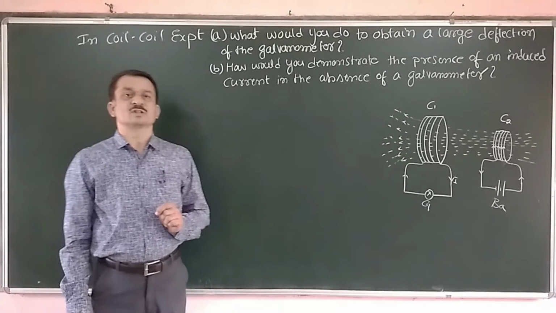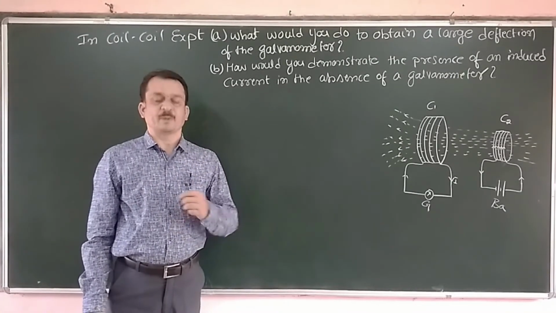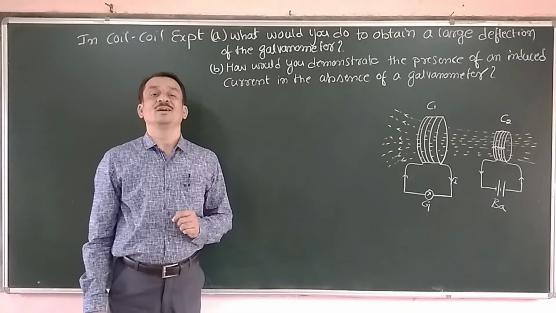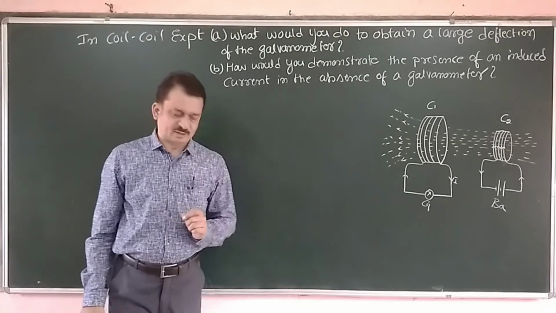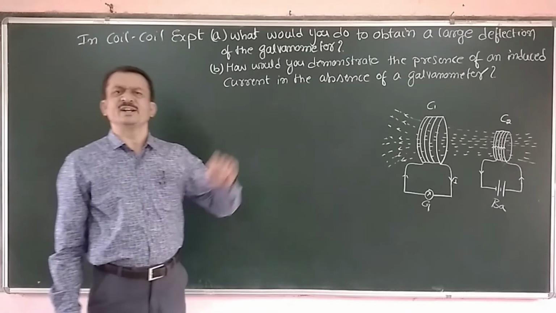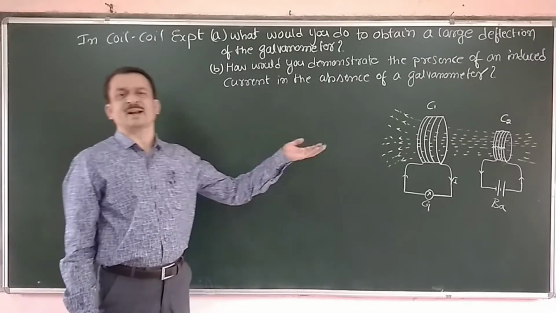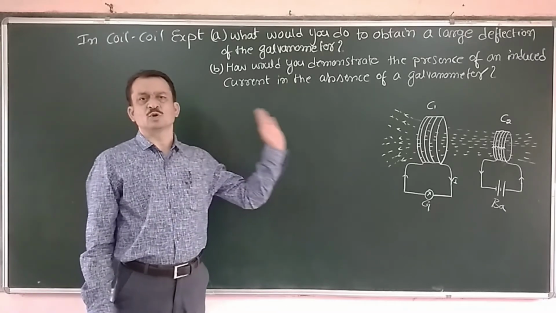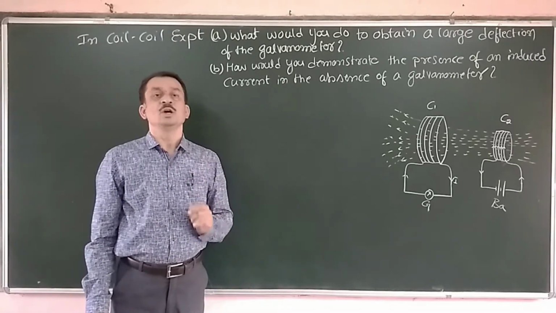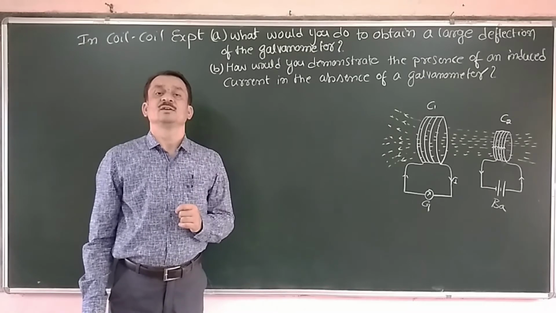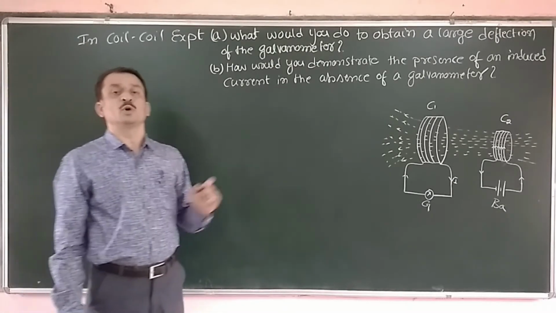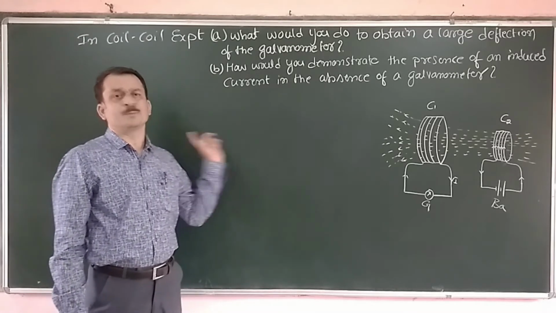In the previous class we have studied three important experiments. The first one is the coil magnet experiment. We have studied in detail what happens when the magnet is moved towards the coil, or what happens when the coil is moved towards the magnet. Now in that first experiment, we have pushed the north pole of the magnet towards the coil and pulled it